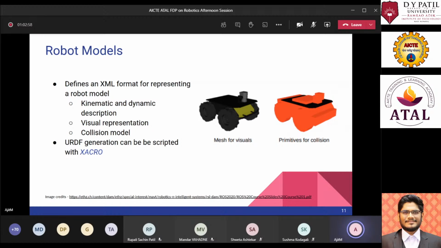Now these robot models are written in URDF, but they can also be written in Xacro. Xacro is nothing but URDF with added functionalities like including different files, creating your own parameters, and creating your own macros. So Xacro is a better version of URDF, and we usually tend to use Xacro.